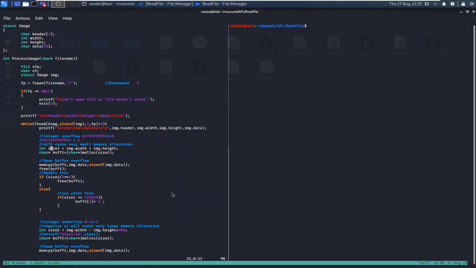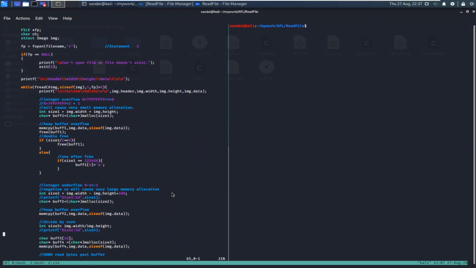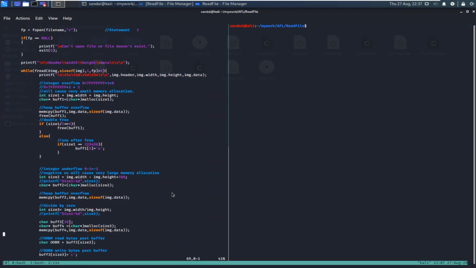there is one variable named size1 which is of type integer. If you compare this code with yesterday's code, I have simply changed the multiplication to a plus over here to explain what an integer overflow is. Then I have also added some code here to demonstrate what an integer underflow is. And then some code is here for heap buffer overflow; divide by 0 we have seen yesterday.